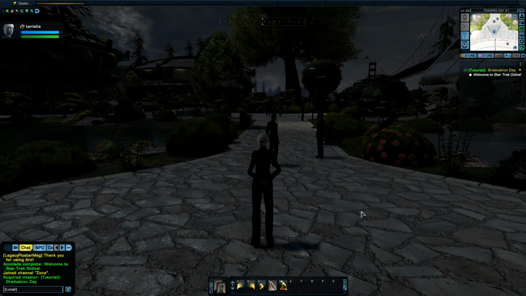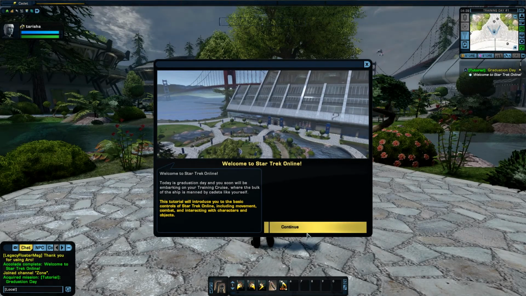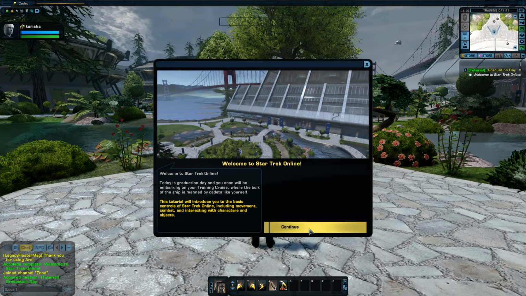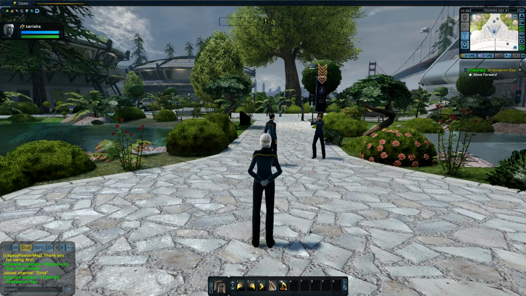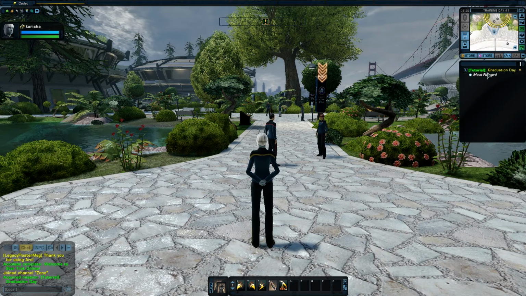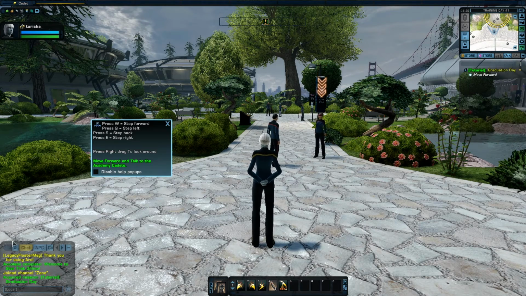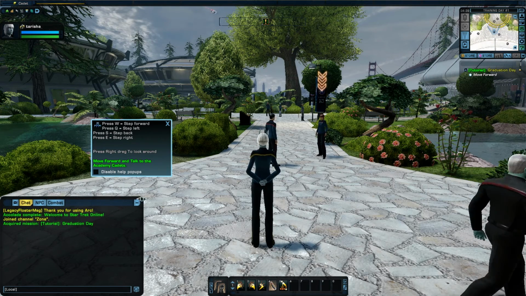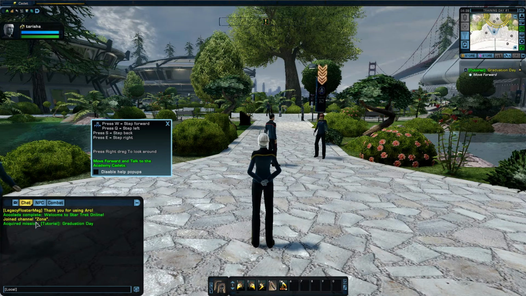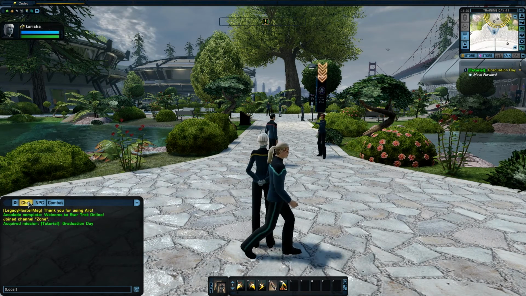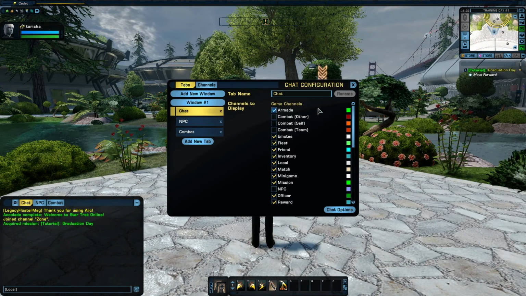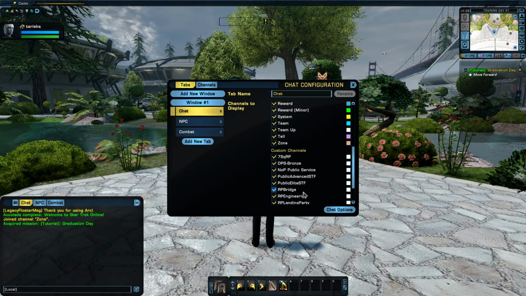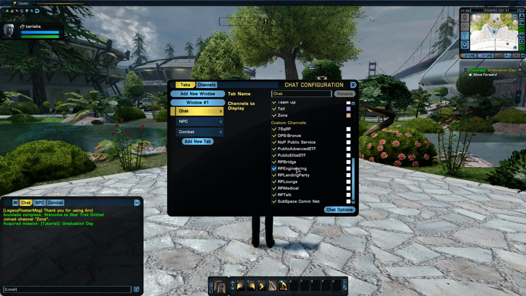When you get done with the video, it will load and put you where your starting point is. It will welcome you to Star Trek Online. Simply hit continue. Now you have a mission screen that shows what episodes you're working on, what missions you have to complete. There is a chat window here in the bottom left corner where you can talk to people in game. If you left click, it'll show you all this, which I will go over in a later video about the